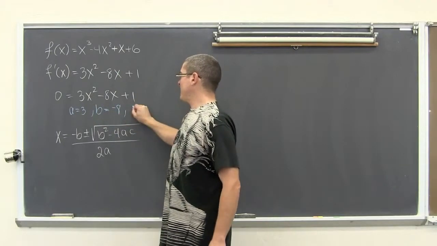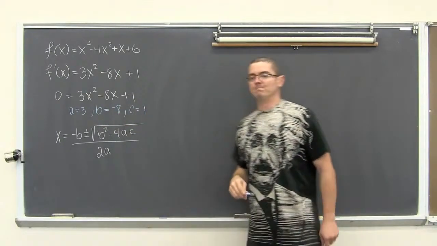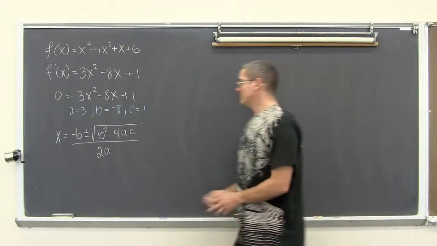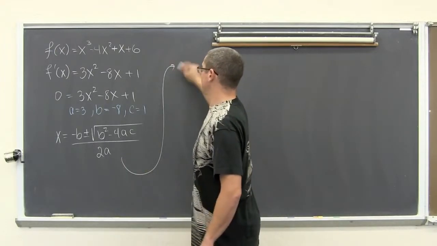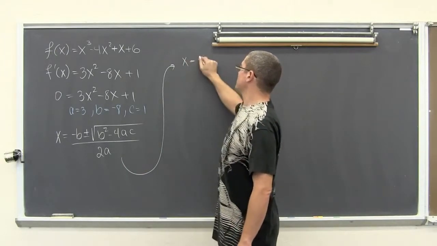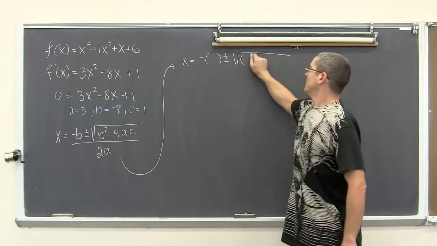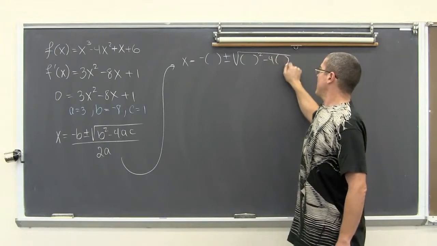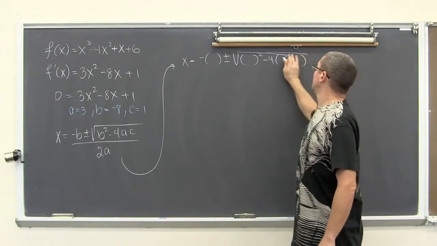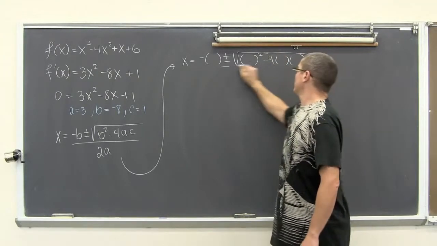B is equal to negative 8, and C is equal to 1. So, doing our substitution, we have x is equal to the opposite of b plus or minus the square root of b squared minus 4ac